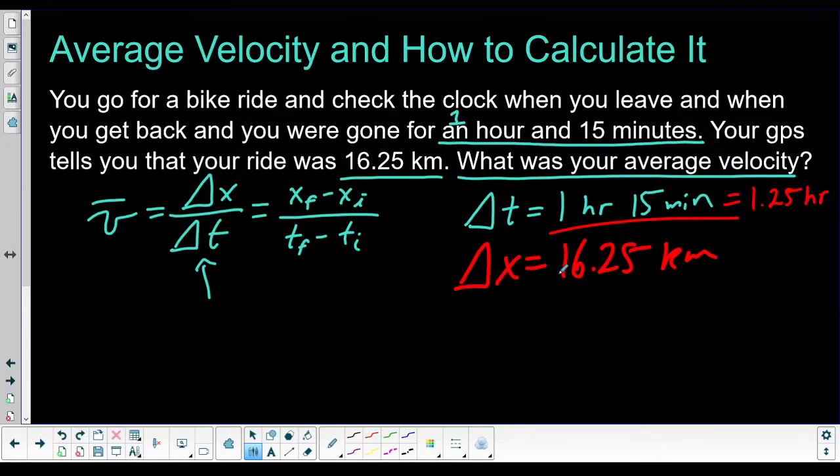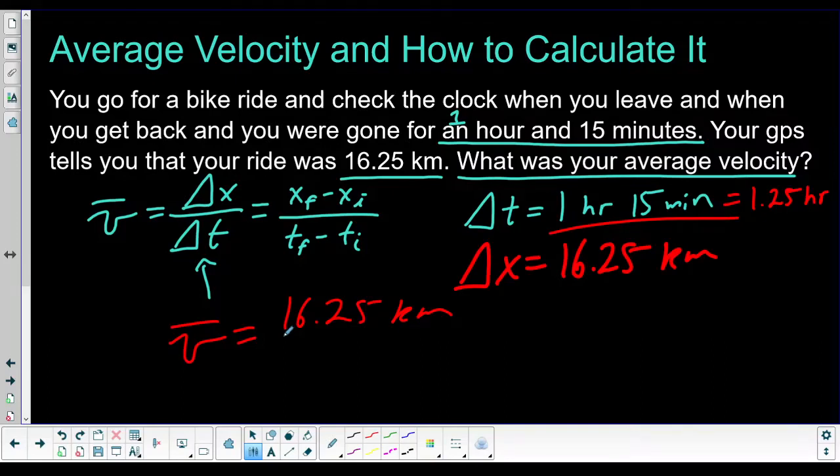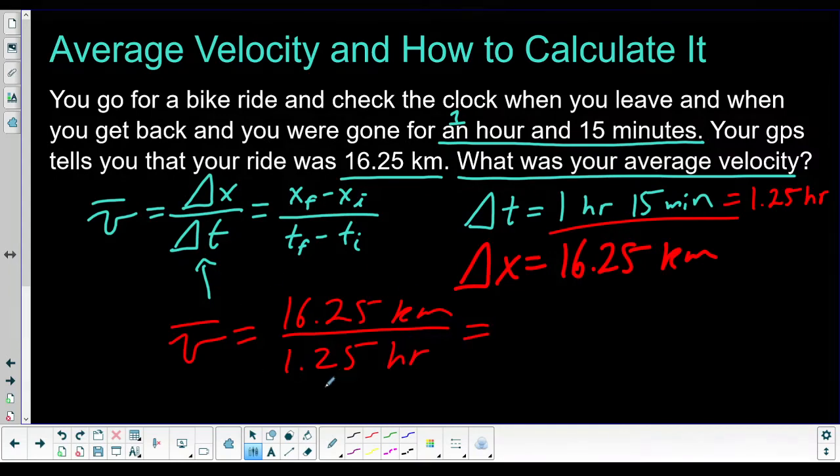All right, let's just plug these numbers in. Average velocity is 16.25 kilometers divided by 1.25 hours. We divide this and we get 13. And now let's talk about units because it's not meters per second. Did I plug in meters? No. I plugged in kilometers